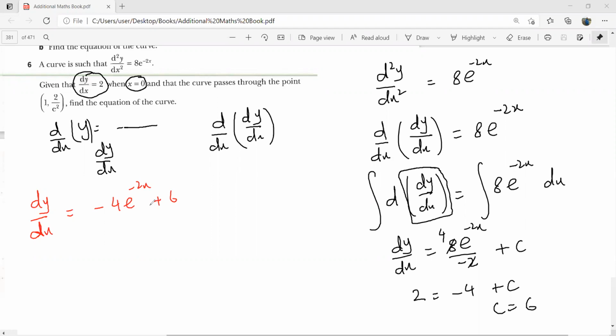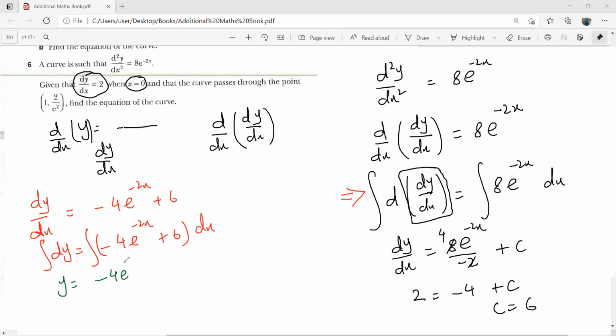Now, this has become a normal question for you. This was something really new for all of you, where you split this d2y by dx square into d by dx of dy by dx. And the rest you can do now yourself. This is dy, this is (minus 4 e raised to power minus 2x plus 6) dx. Okay, and I'm just completing this because I want to tell you one thing from here, that when you integrate this again, this is y,